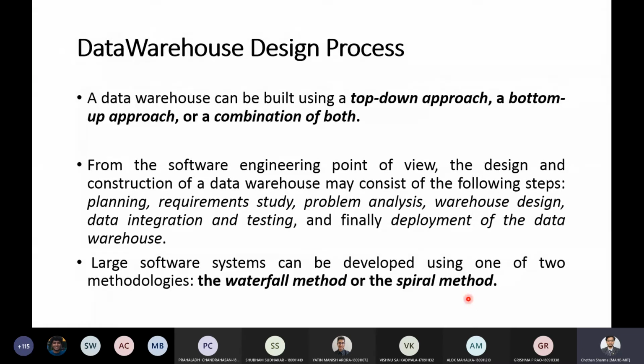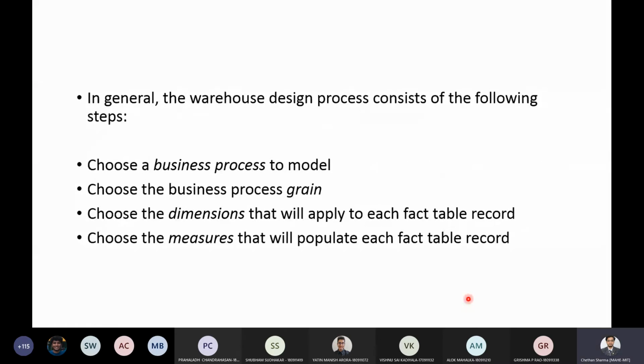So in general, the data warehouse design consists of the following 4 steps. As you can see, the first step is choose which process to model.